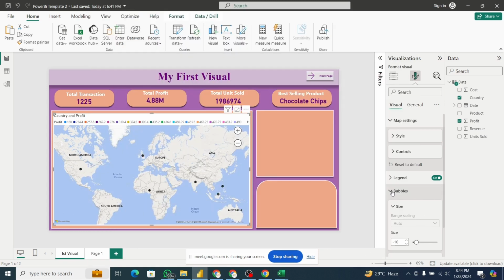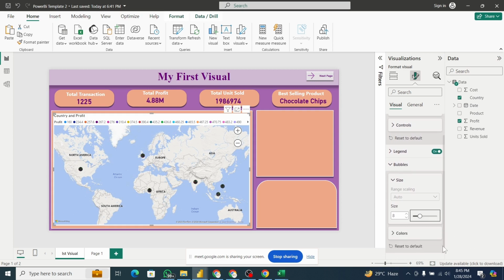So for my bubble, I think I'll increase the bubble a little bit. It's very light, and it's too much. Let me see. Okay, this bubble is fine. So let's change the color of our bubbles. If you come here to colors,